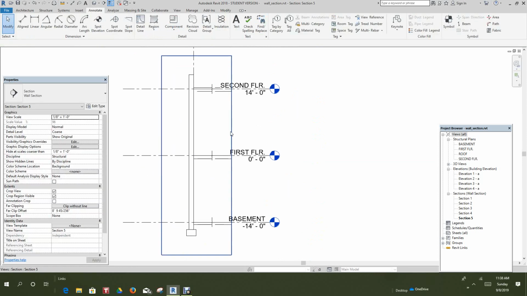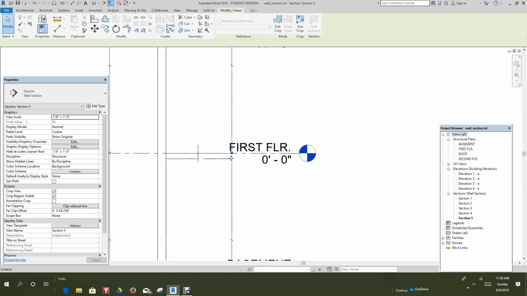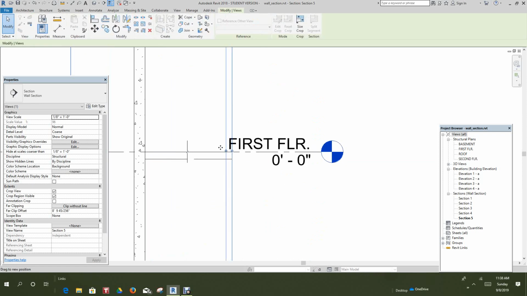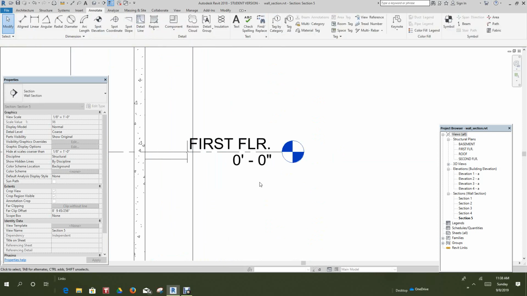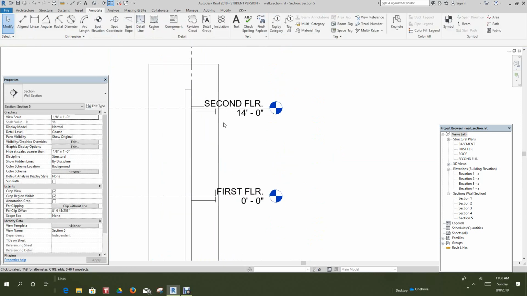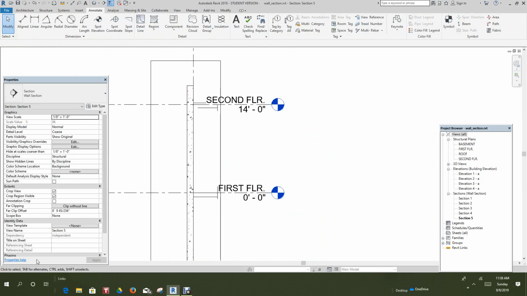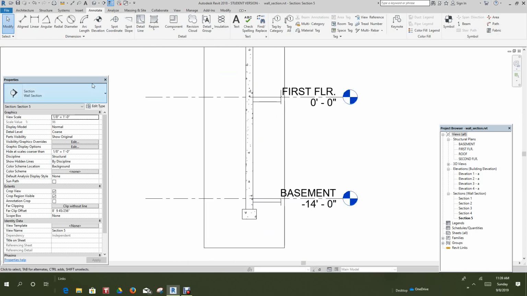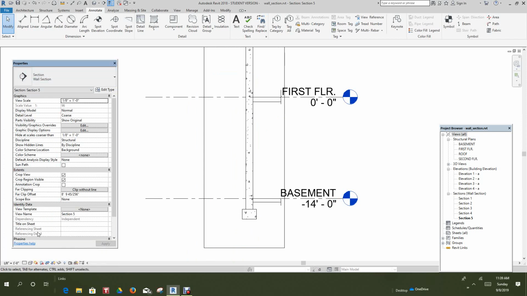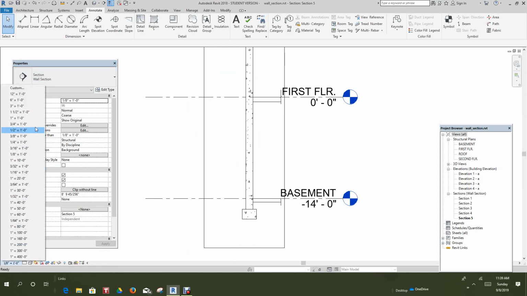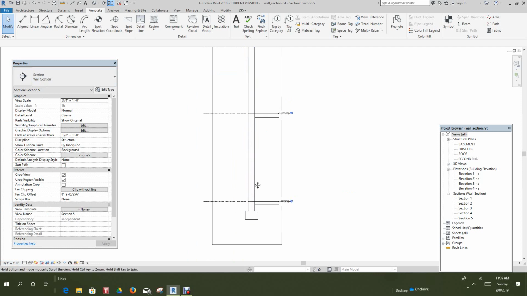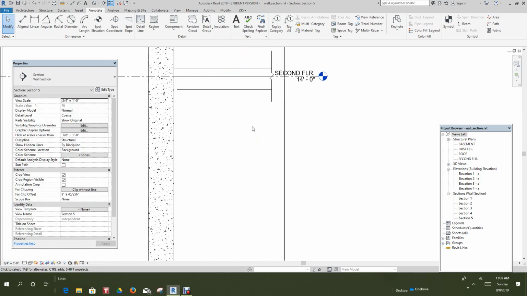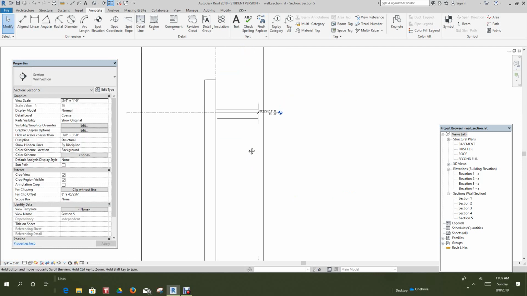Now we can go back and crop this view back a little more, just to hide that there. We won't worry too much about that, unless we can probably change the scale. I think I will change the scale. It looks kind of small. Normal section would be probably 3/4 inch. There you go. So that's a little better. Now,